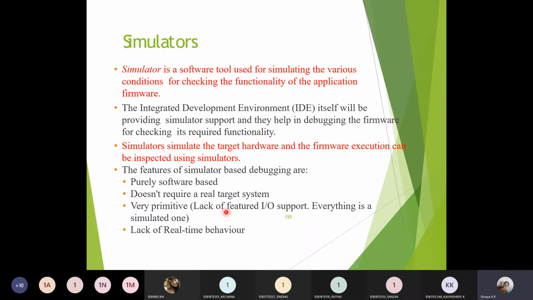As the circuit would execute with normal physical components, it will work in the same way on the software also. So that software tool is called a simulator tool.